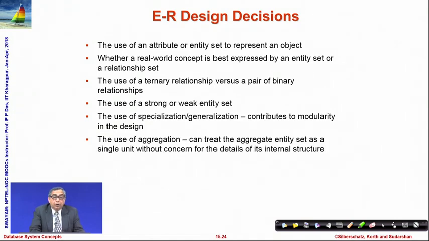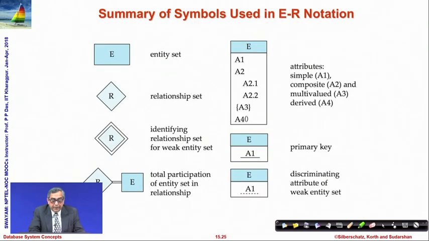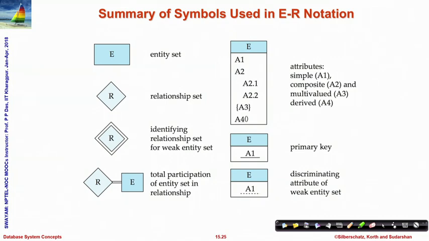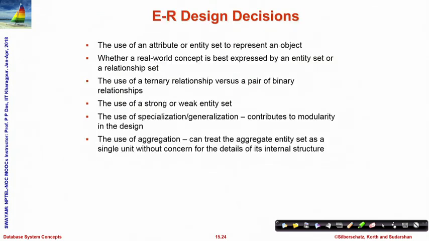We have to look at aggregation, where we can aggregate entity sets bound by a relationship and create an abstract single unit which can play a role of an independent entity set in the whole design. So, these are the basic design decisions that you need to make,